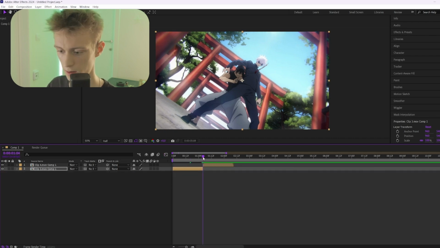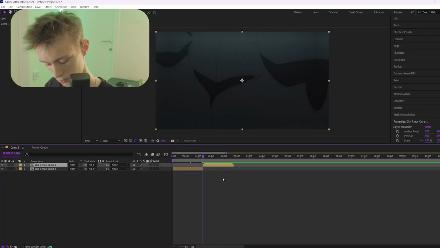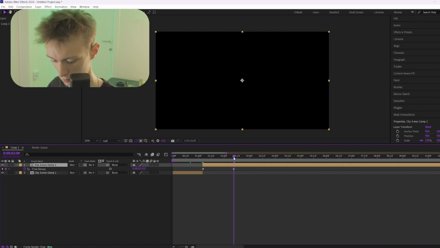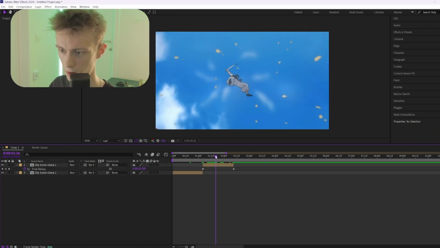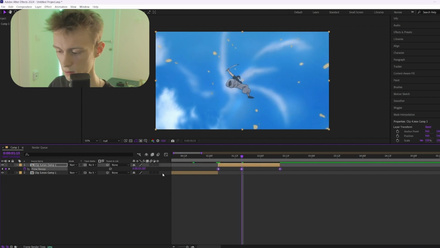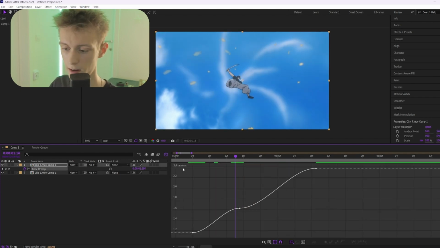Alright, then going to the next clip, we'll do the same thing. So Ctrl Alt plus T, and cut this really quick. Alright, then for example, you want it to be slower here. So we'll make a keyframe here. Then select them all, press F9, go into the graph, and then what we created now is a graph that